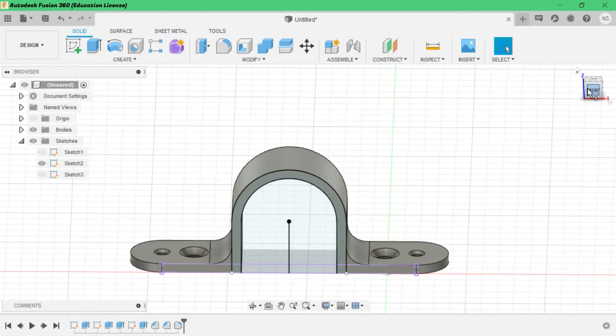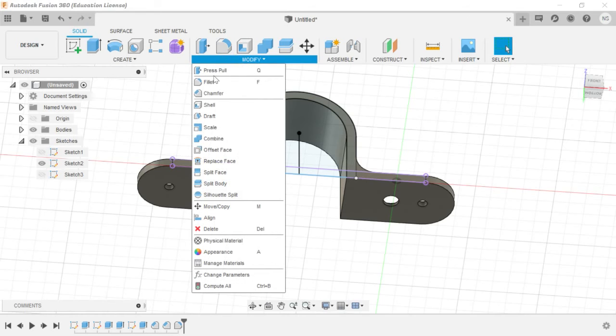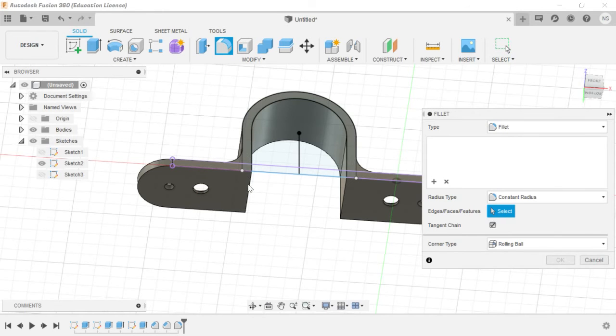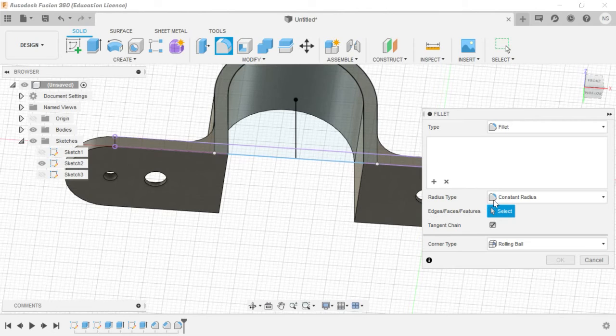Okay, and then again we will give fillet here also. I think no need of fillet, but we are giving just for the sake of learning. Again go to fillet, repeat fillet. Where is the thing?